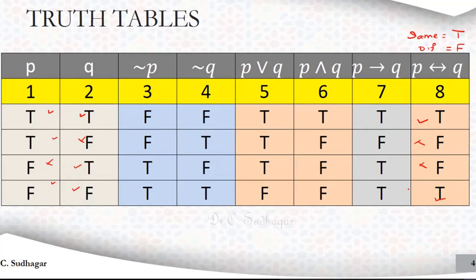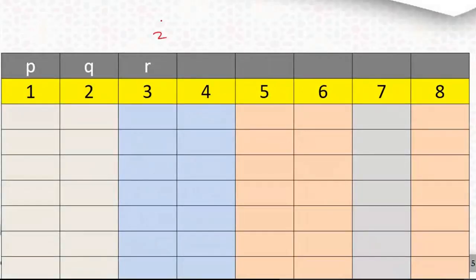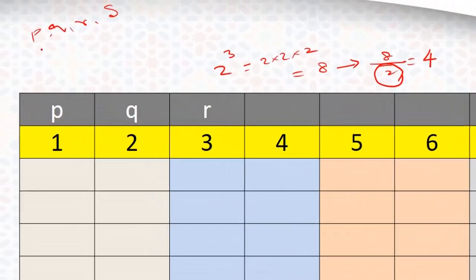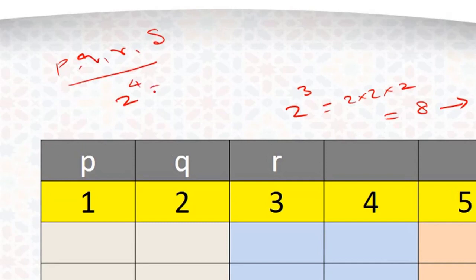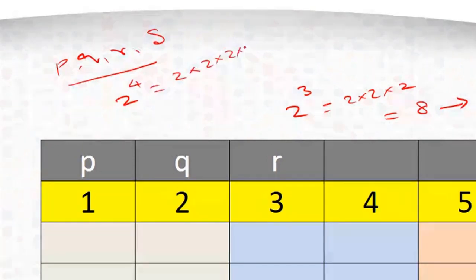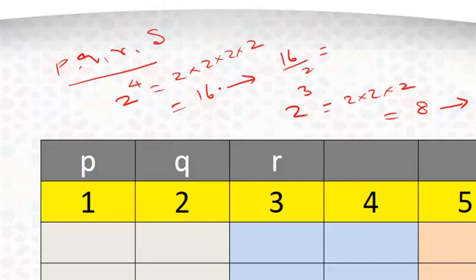This is the basic truth tables method. Totally how many rows will come? You will get 2 power 3, which means 2 into 2 into 2. So totally you will get 8. Now take half of this: 8 divided by 2 is 4. Always this 2 is going to be same. If you are having 4 variables, P, Q, R, S, it is 2 power 4, which is 2 into 2 into 2 into 2, so that is 16. So what you do is take this 16 and divide by 2. Totally you will get 16 rows.